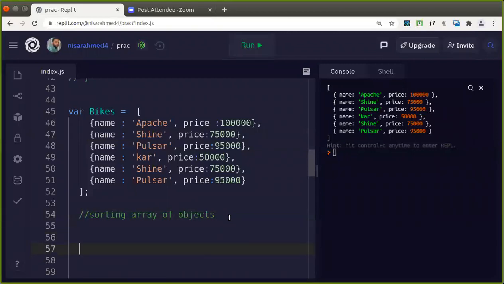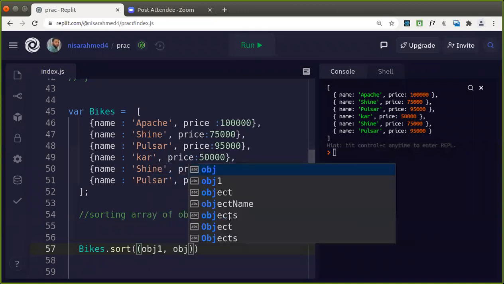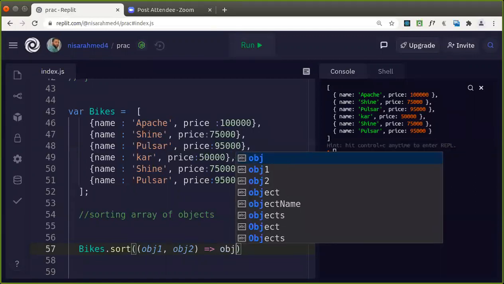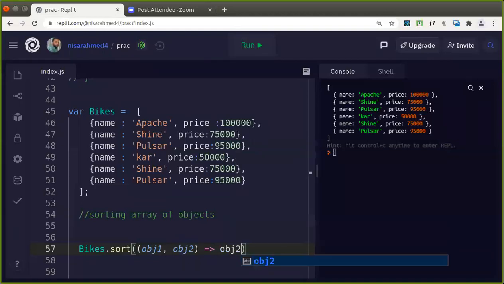So arrays generally provide that, isn't it? So bikes.sort you can give here. The sort function takes a callback function. So I'm giving here obj1, obj2. Good. If you don't know what the sort function is, I have taken it up in the previous session on arrays, you can check it out. So obj2 minus,